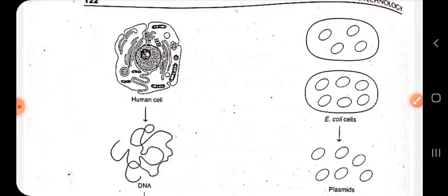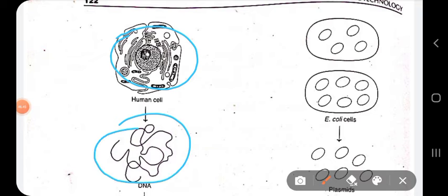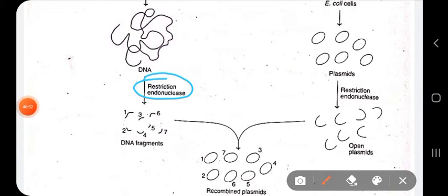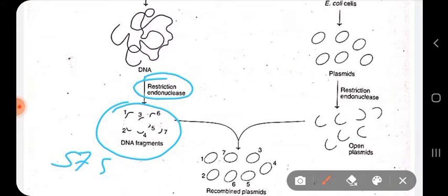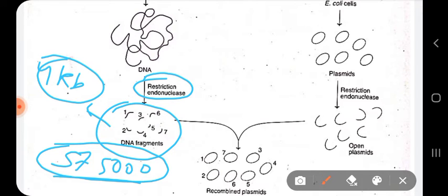So here you can see the human cells where we have isolated the DNA, the whole genome. Then by using restriction endonuclease digestion, we cleave the DNA into a series of fragments. Only 7 fragments have been shown for simplicity. By the way, we know that about 575,000 different fragments of DNA will be formed, and each of these fragments will have a length of 4 kilobases on average.